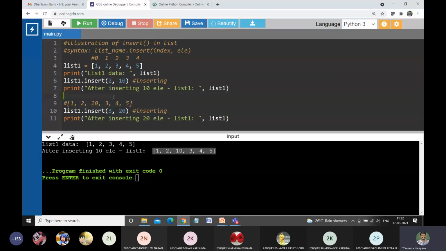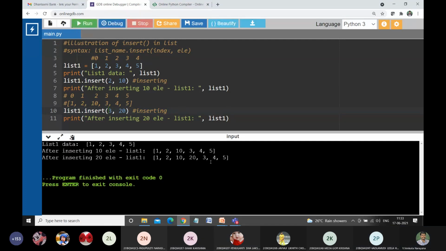Let us see the positions: 0, 1, 2, 3, 4, 5. Now I would like to insert value 20 at position 3. At which position will the 20 be inserted? Third position. Let us see. See here, at position 3 the value is 20 and the remaining elements are moved towards the right.